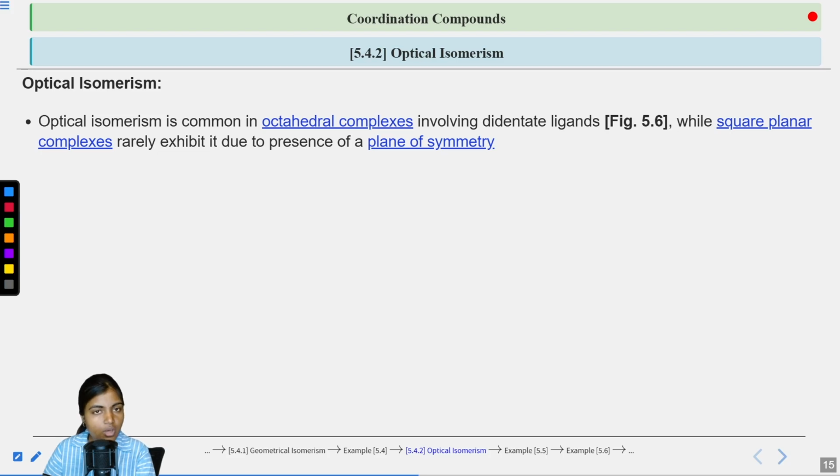While if you talk about the square planar complexes, in which the central metal is arranged in square planar geometry with 4 different ligands around it, optical isomerism is rarely shown by the square planar complexes due to the presence of the plane of symmetry in them. Okay,